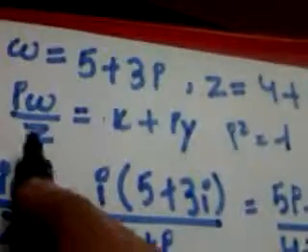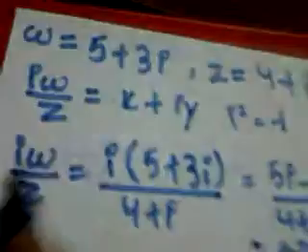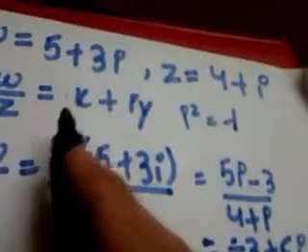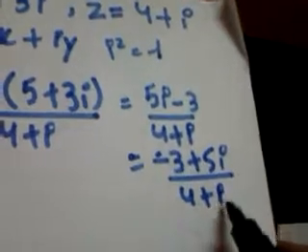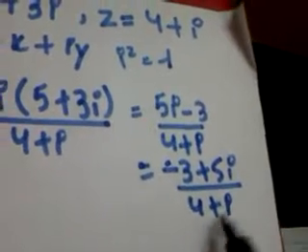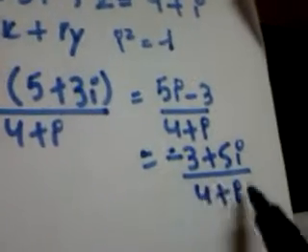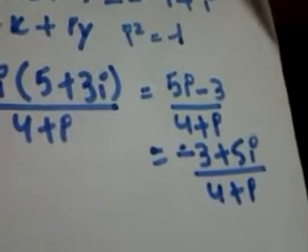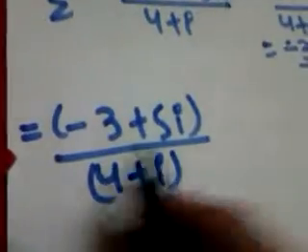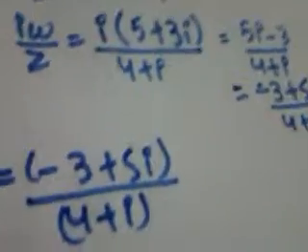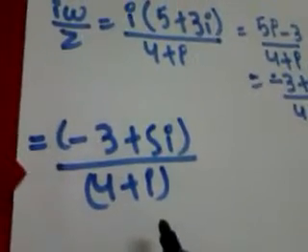And look, it says express this in this form. We have found this here, but we need to express it in this form because we cannot have a complex number in the denominator. So we need to remove this from the denominator. And how do we do this? How do we remove this? We need to remove the i here. We need to remove the complex number from the denominator. And we do this by